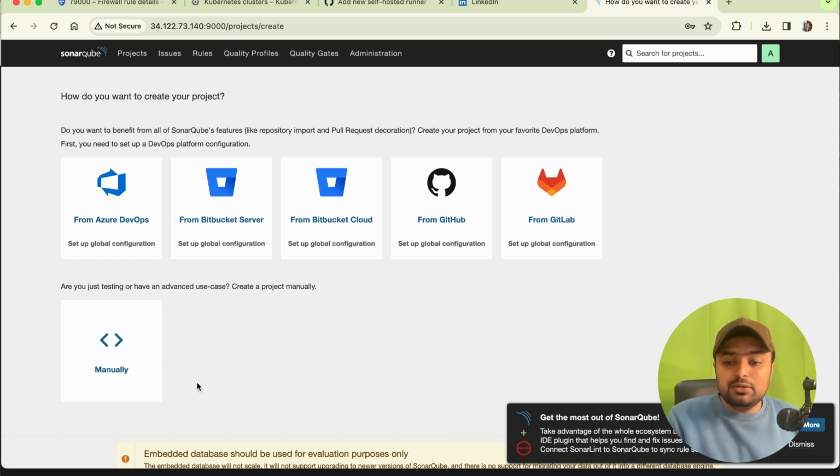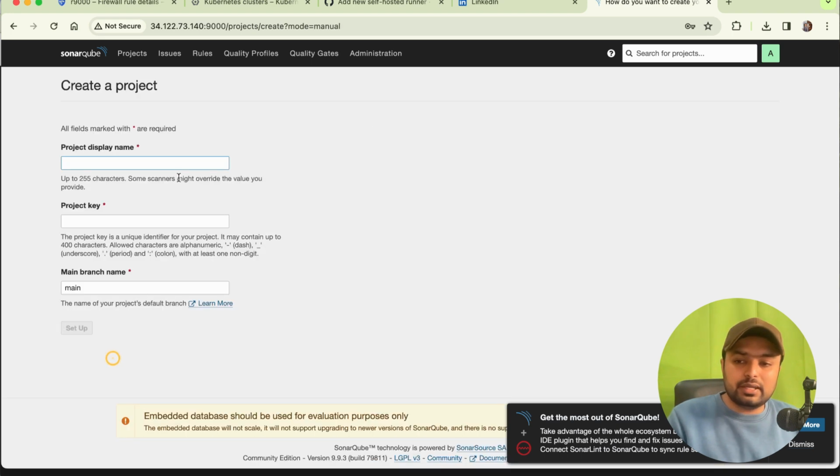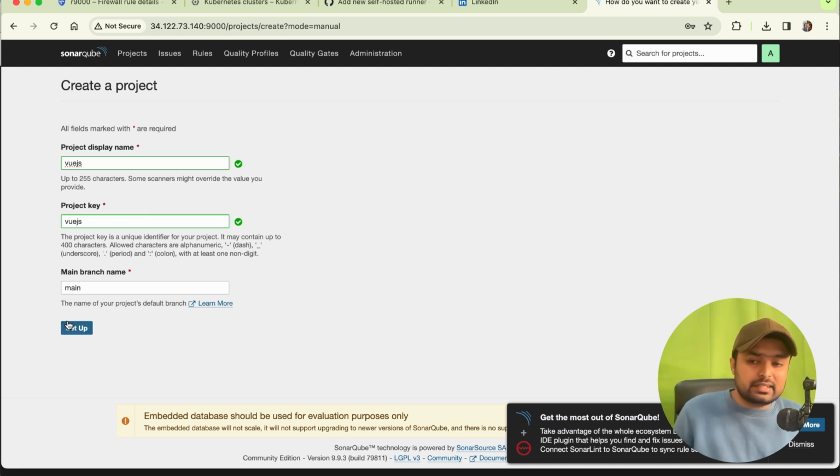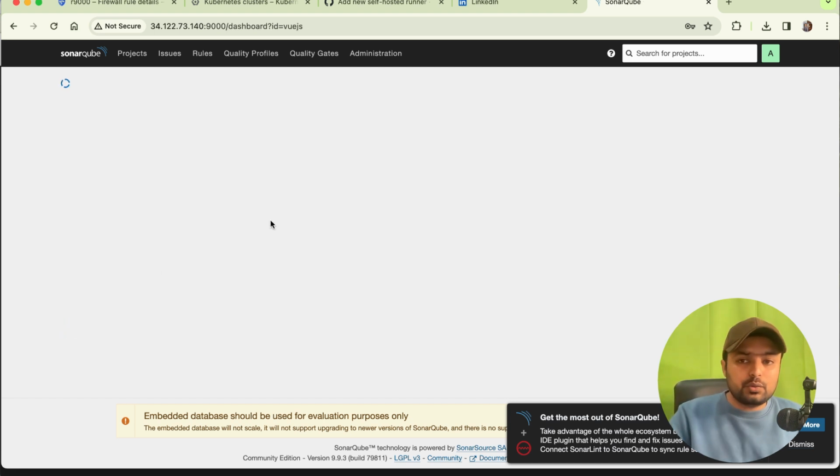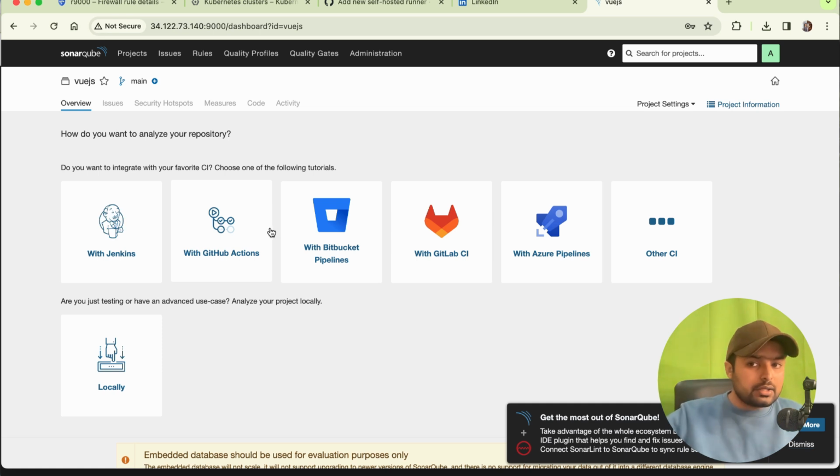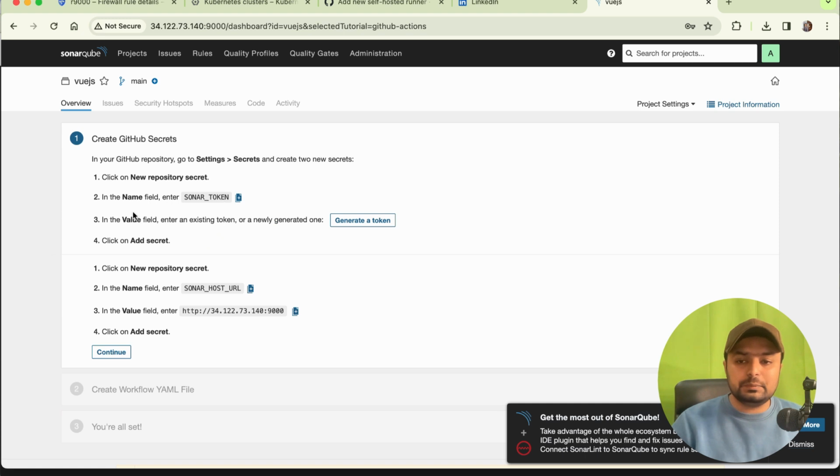Simply click on manually. Just give a name. I will give the name Vuejs, but you can also give any other name. Now we are going to connect our SonarQube with our GitHub Actions, so I will select GitHub Actions. These are the tokens we need to add to our GitHub Actions secrets. First of all, just copy this,